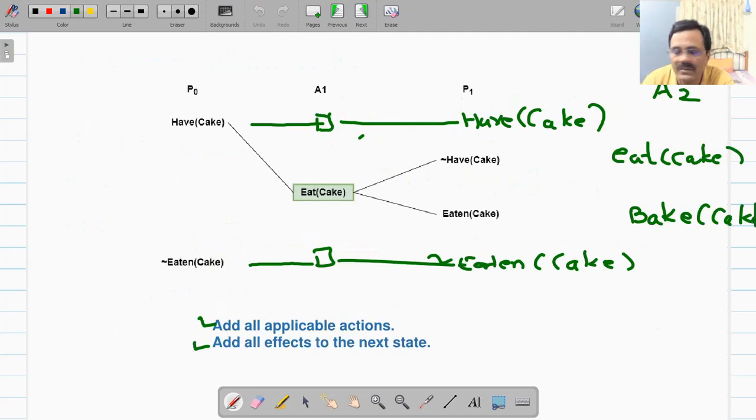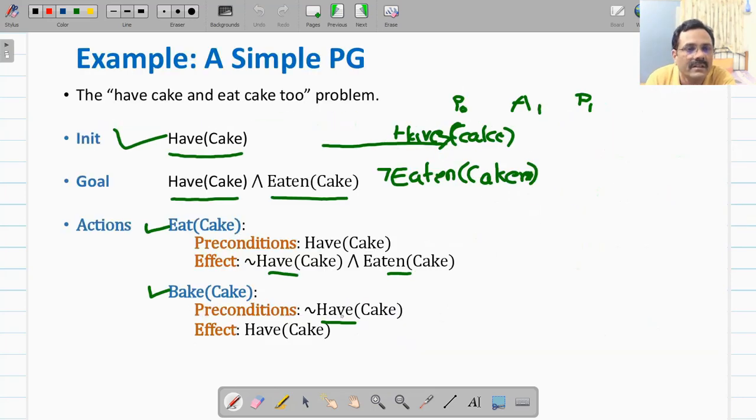So here you can add links now. I will show that with this red. Now for eat cake the precondition is have cake, so a positive link you are going to add. Then for bake cake the precondition is not have cake, right? Let us check it again. Bake cake precondition is not have cake.